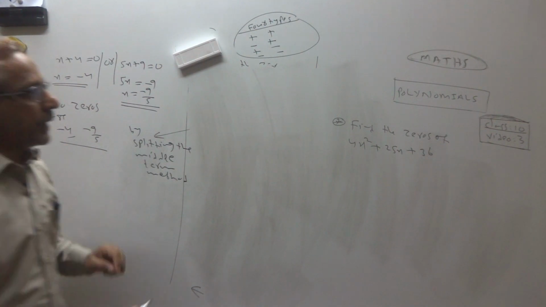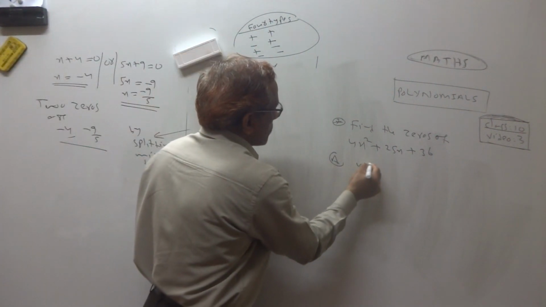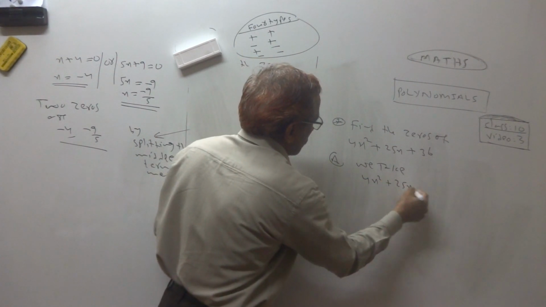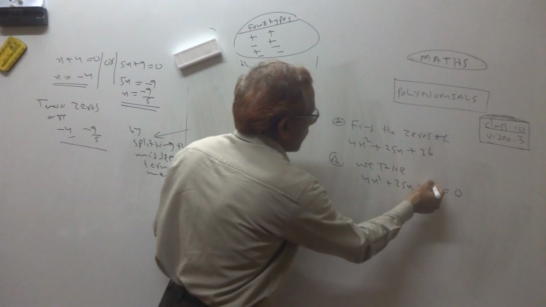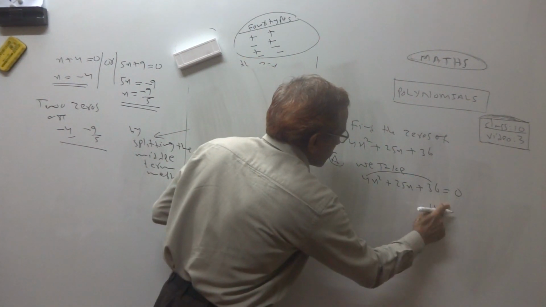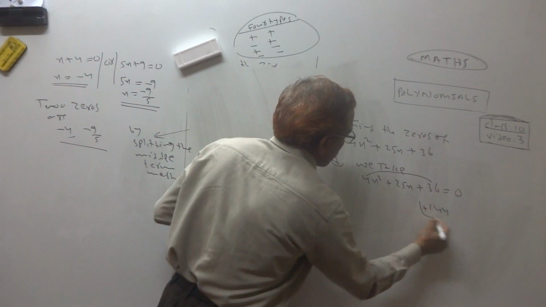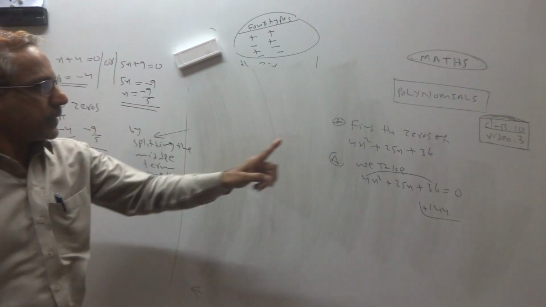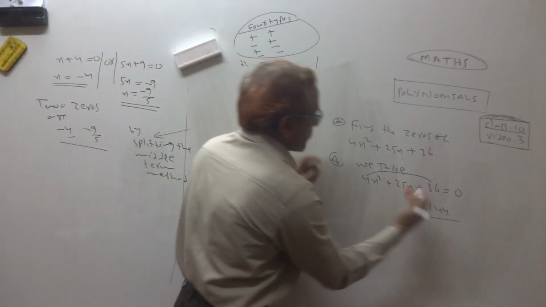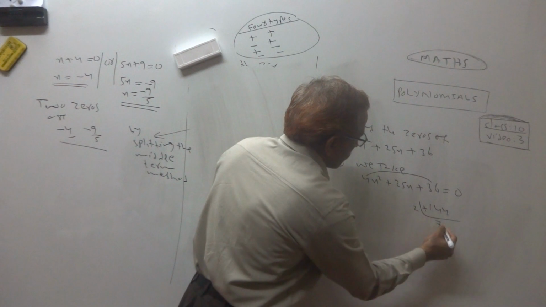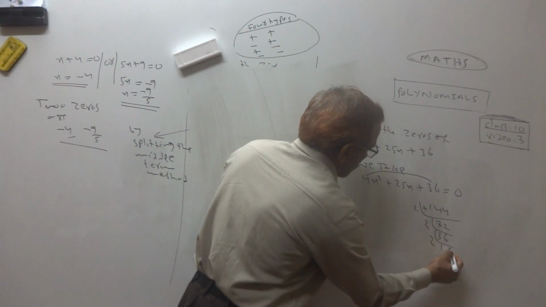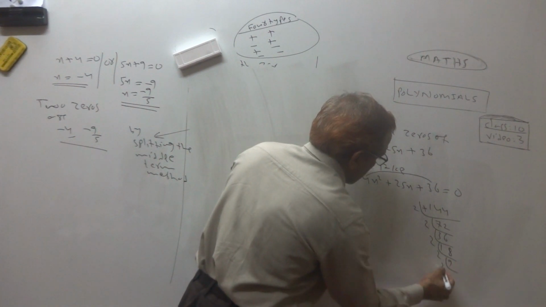So what is the method? First we take this equal to 0. Then you multiply it. 36 4s are 144. What is the sign, please? Plus. Plus 36 4s are plus 144. Then we break it into factors. 2 sevens are 14, 2 twos are prime factors. 2 threes are 6, 2 sixes, 2 ones, 2 eights, 2 nines, 3 threes, 3 ones.